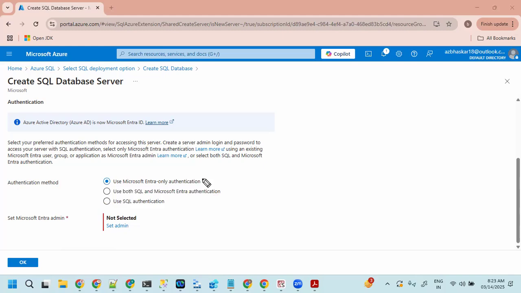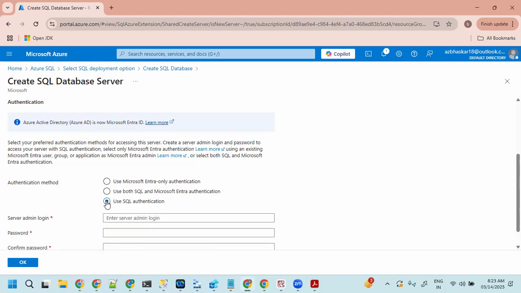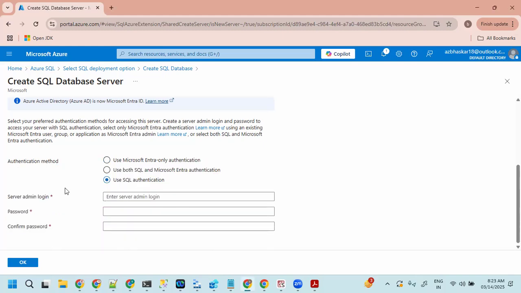So whatever it is, they're going to give credentials to you. They don't give the administrator credentials, right? They're going to give your credentials. What is your username and what is your password? It is going to be given. And the moment you log into the database, it will ask you to change the password, if they give a SQL authentication. If they give Microsoft Entra, then you don't need to do it. Your Outlook account password will be taken automatically.